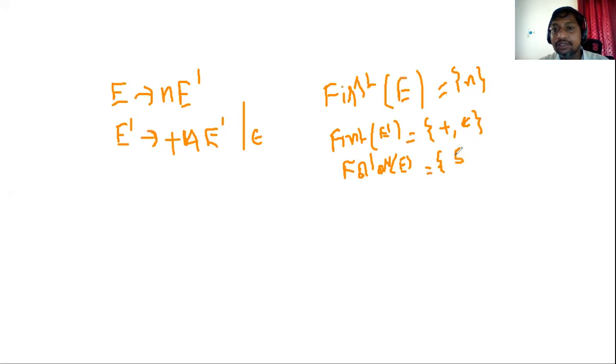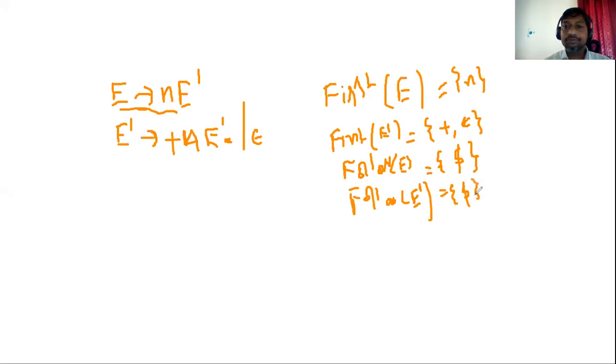By default dollar is in follow of E. Since there is no follow of E' I mean, there is nothing. Here if you observe the first rule, if E' derives to epsilon, then follow of E' is in follow of E. According to that rule, the third rule of follow computation, we can add the follow of E as the follow of E'. So follow of E is dollar. That is the reason why we are getting dollar here.